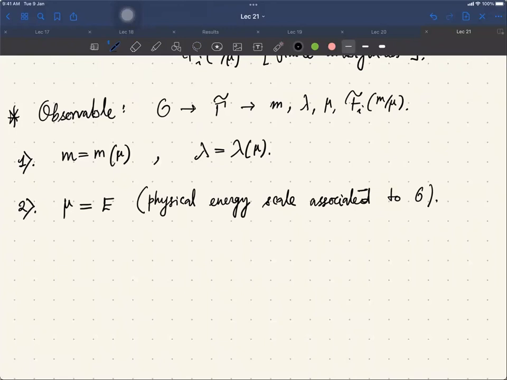So once you do that, then m of E and lambda of E are the values of the couplings at that particular energy level, which are unknown. They are theoretical